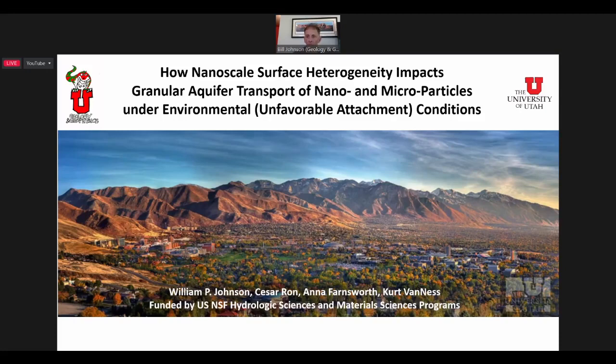So when I say colloids, I'm using that as a term to lump together all sorts of different types of materials that range in size from nano to micro. And I'll talk more about that in just a bit. But I'm going to focus on the fact that when we try to predict transport of how far these things will go, for example, in groundwater, in a granular, say, sand aquifer or gravel aquifer, it's very difficult to make